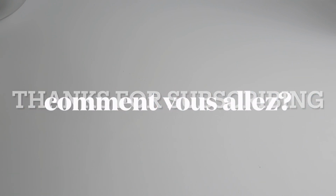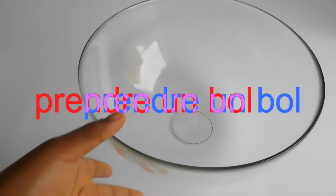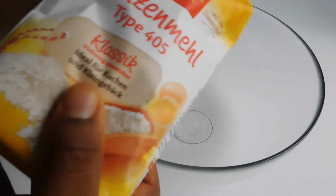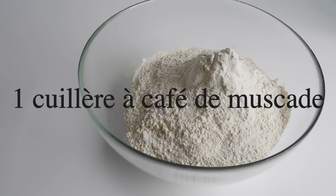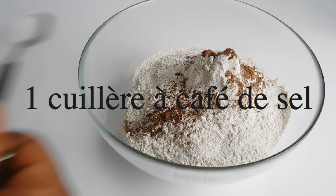So we're going to be making Cameroon Gateaux today, guys. So grab yourself a bowl, put 1000 grams of flour into the bowl, add a teaspoon of nutmeg, add a teaspoon of salt,